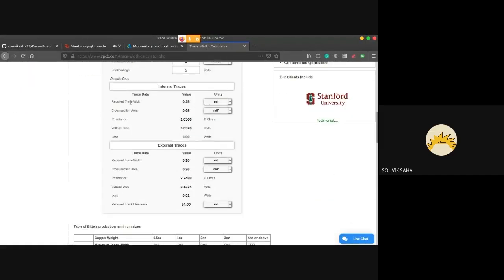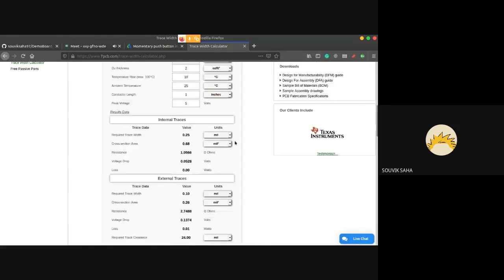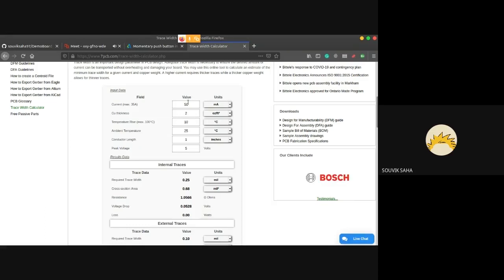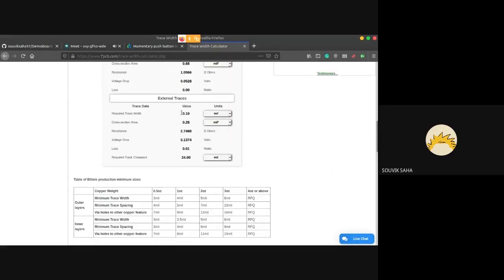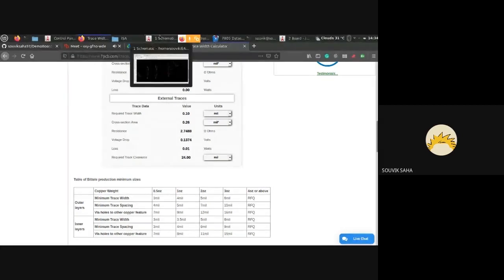It's saying that we can have an external trace of 0.1 mil. So if our circuit is limited to 50 milliamps, keeping all the rest of the values default, peak voltage 5 volts, our circuit will be safe even if we use a trace width of 0.1 mils. 0.1 mils is actually very small.